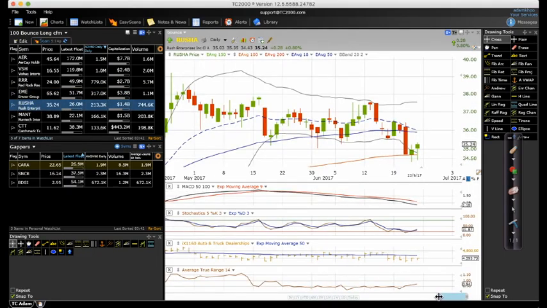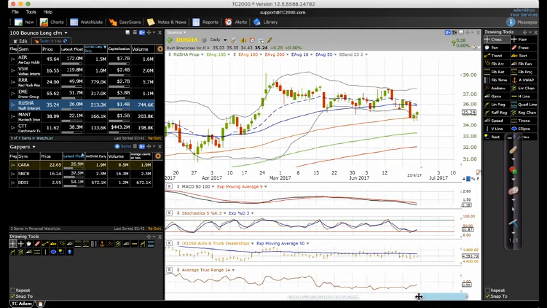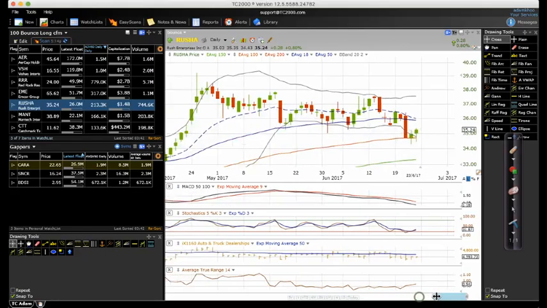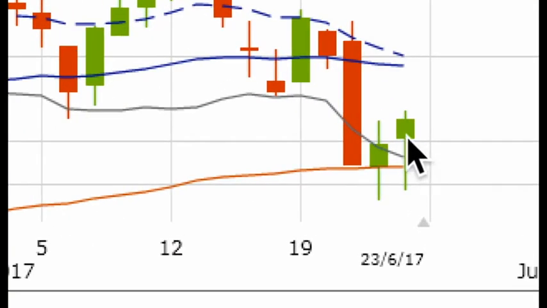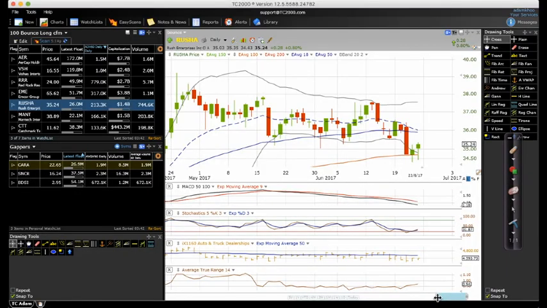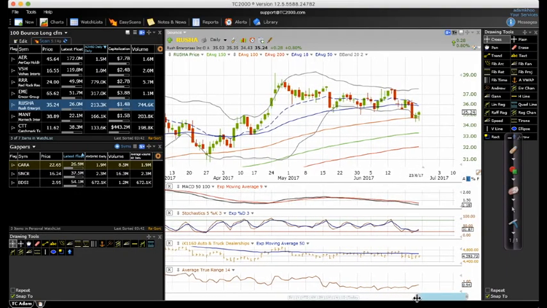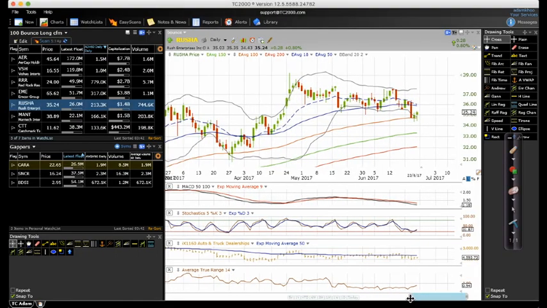Okay, next one. How about this one? This one is bouncing off the 100 moving average, all right? And again, is this a confirmation candle? Yes, it makes a higher low and it closes just above the high of this candle. So, well, it's an okay setup,